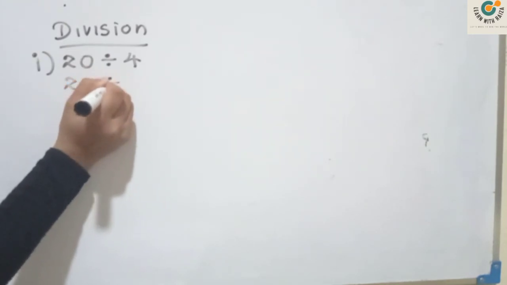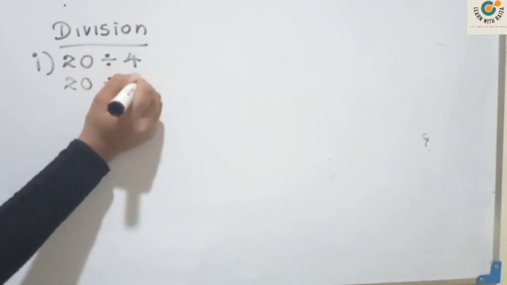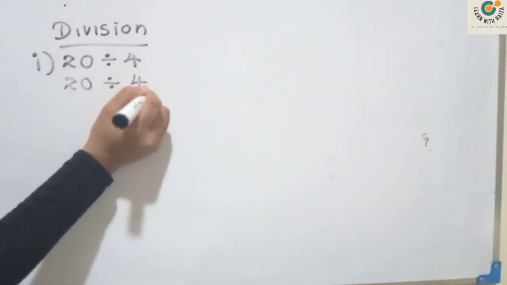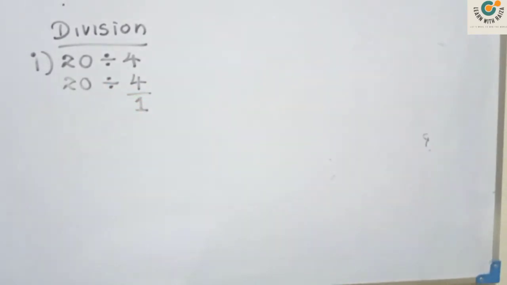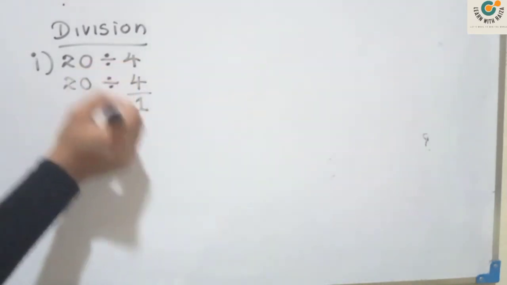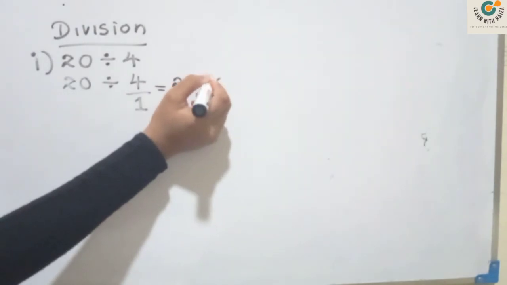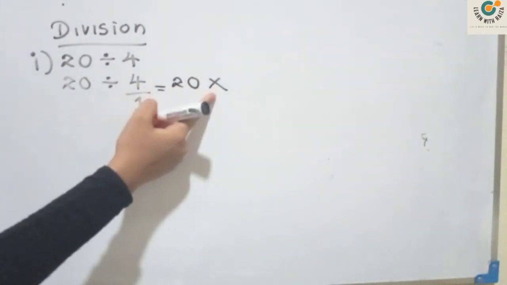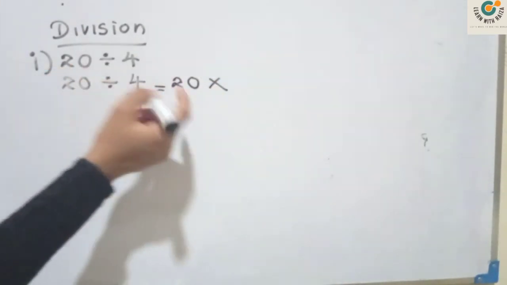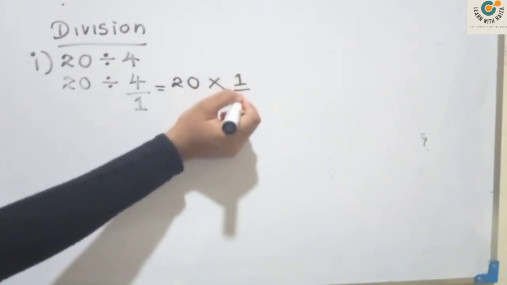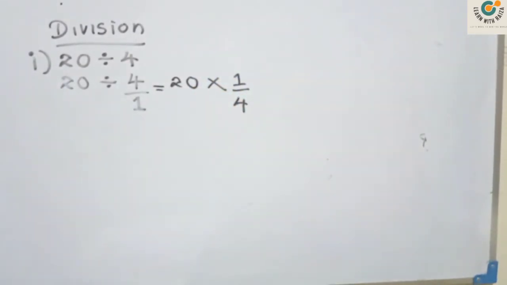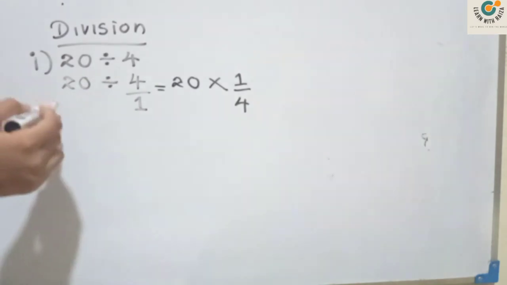Okay, before I convert, I'll tell you, some of them don't know. Whole number means, always remember, denominator is 1. So in this division, you have to take the reciprocal of the second fraction. Reciprocal you have learnt in grade 8. When you are taking the reciprocal, division is becoming the multiplication, and the reciprocal of 4 over 1 is 1 over 4. You should get the reciprocal of the second one, not the first one.